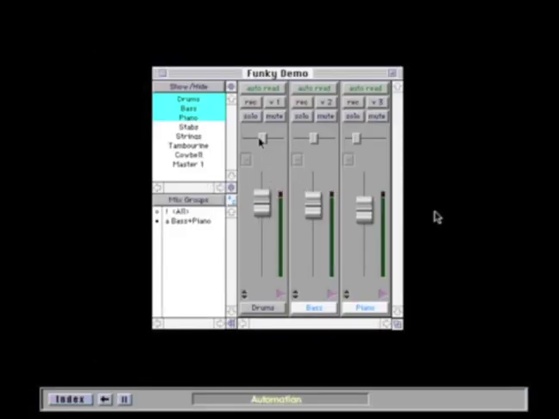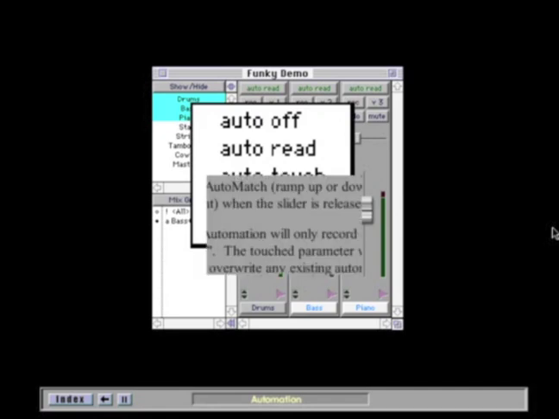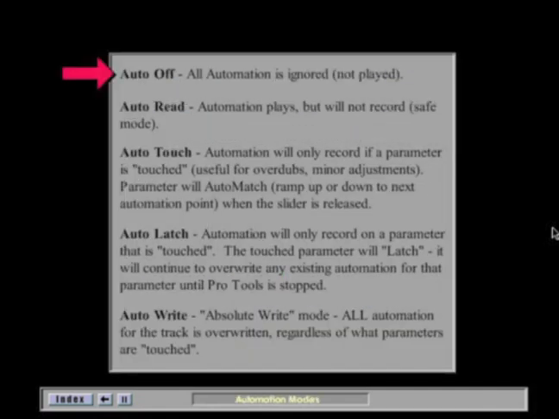In Pro Tools 4.0, there are 5 different automation modes. When a track is set to auto off, all automation is ignored and is not played. When set to auto read, automation plays, but it will not record. When set to auto touch, automation will only record if a parameter is touched. The parameter will auto match, meaning it will ramp up or down to the next automation point when the slider